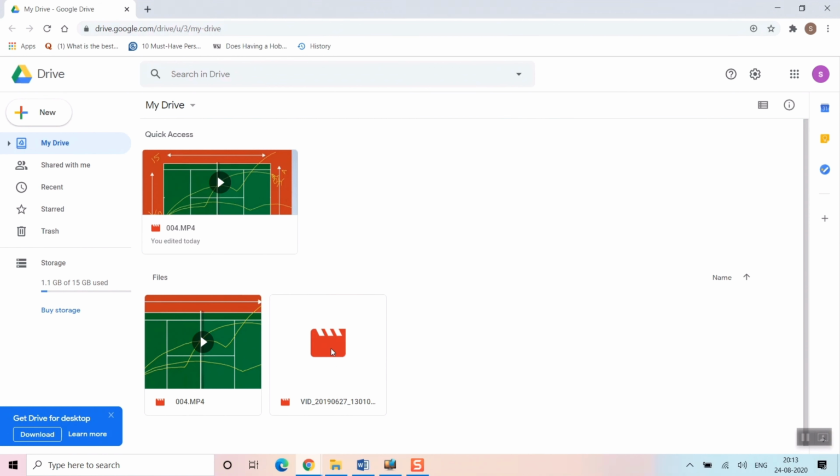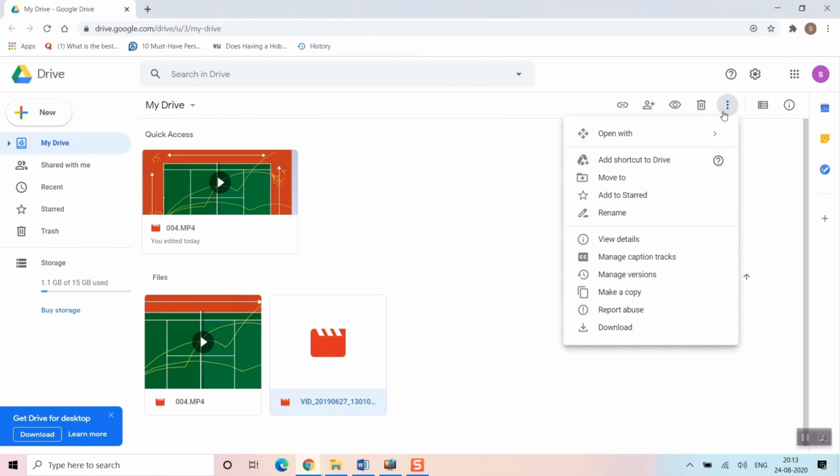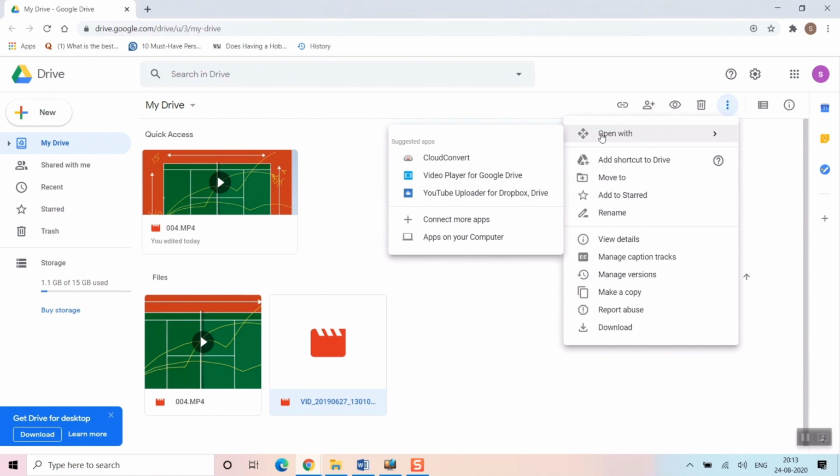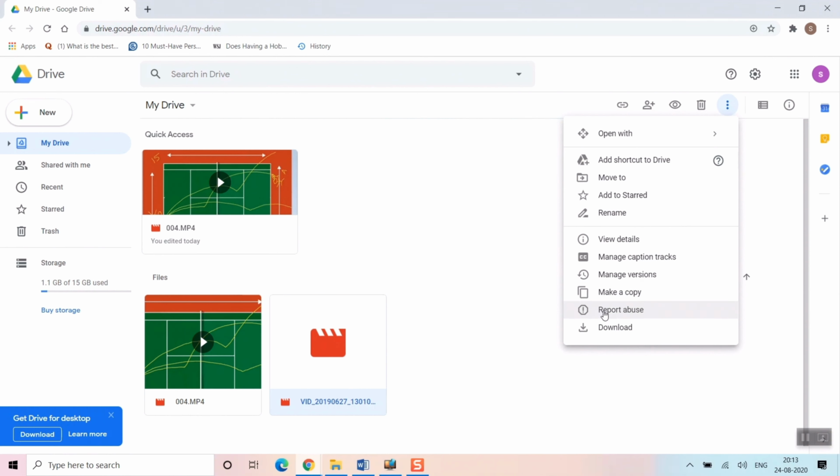Now to send this file to my friend's email ID, you have to click the file. Just when you click this file, you can see all the options coming over here. Please observe it carefully. Once you click on this file, all the options will come up here, like you can get a shareable link, share, preview, remove or delete. All these things will come, and in the 3 dots there are many other options like open with your application, add shortcut to Drive, move to, all these things.